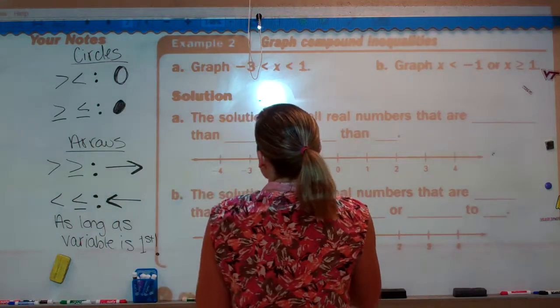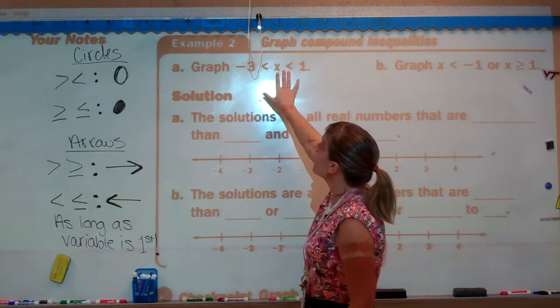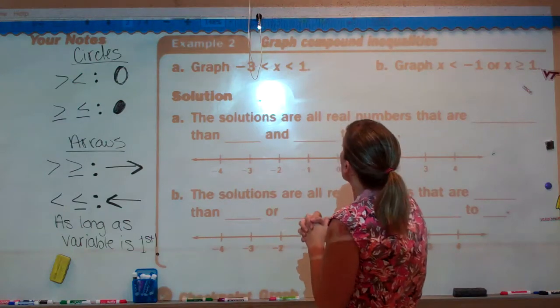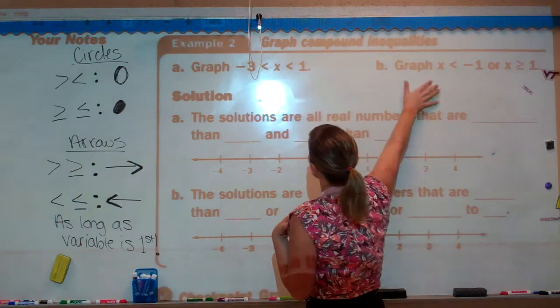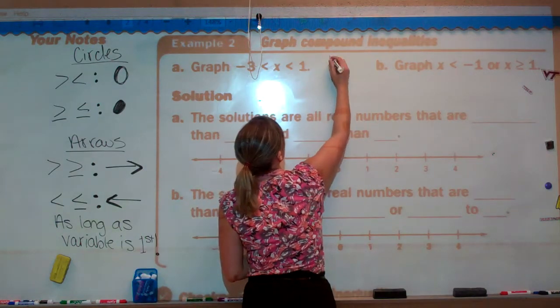So we're going to use these rules to graph our solutions. And I'm going to show you how a compound inequality just combines the two inequalities as one, okay? So these are both compound inequalities. This is an and compound inequality,